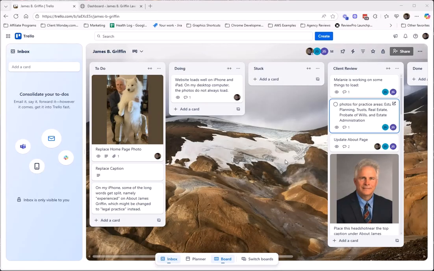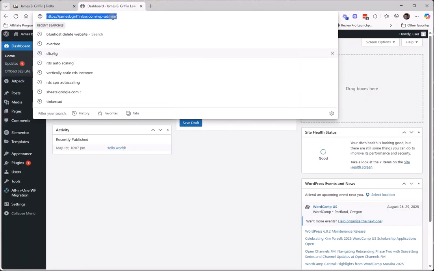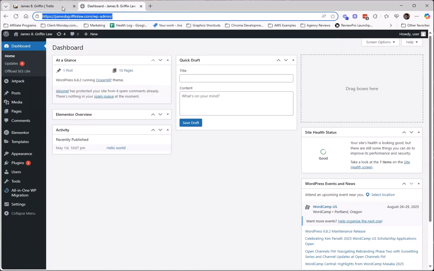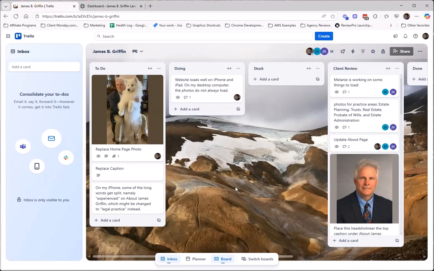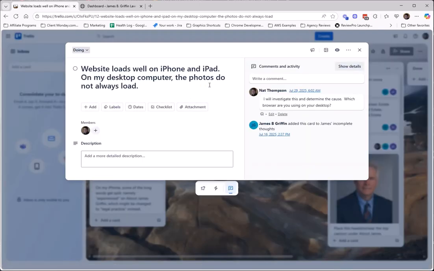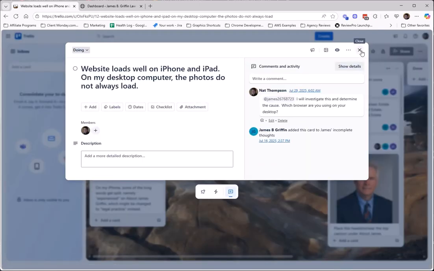So on today's agenda, we are updating the James B. Griffin Law website. I use my Trello board to manage the requests and the workflow on this. So the doing column, we have a note that items sometimes show up on the desktop computer, but